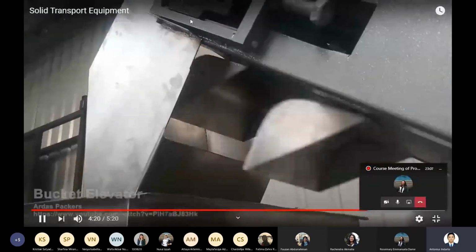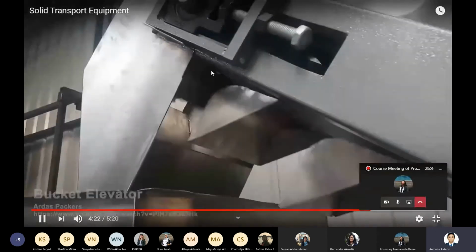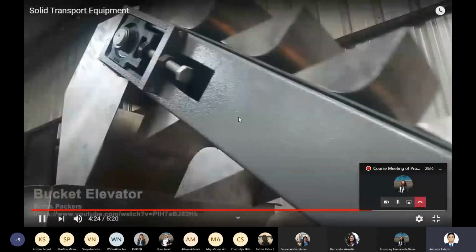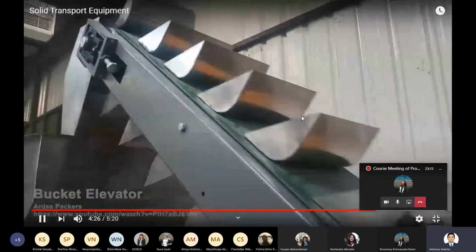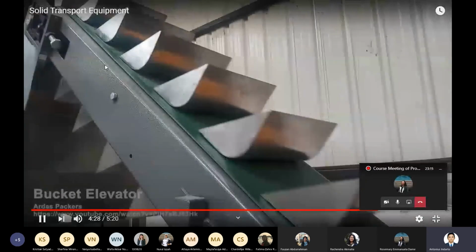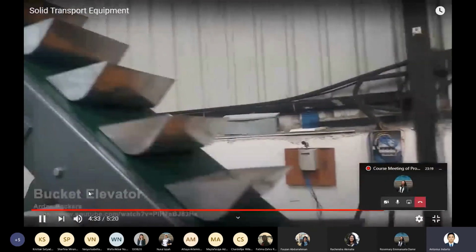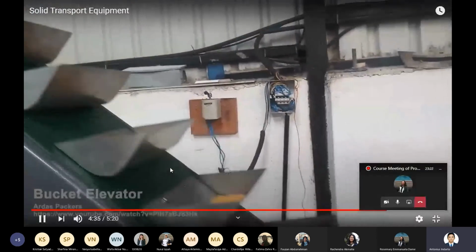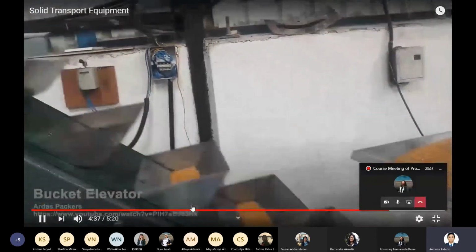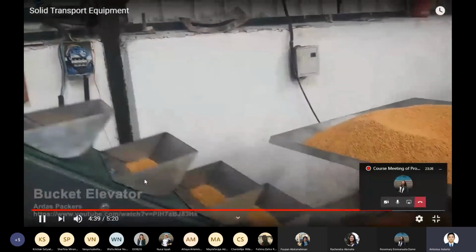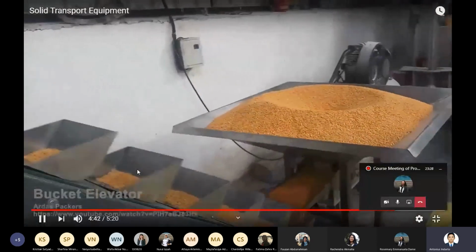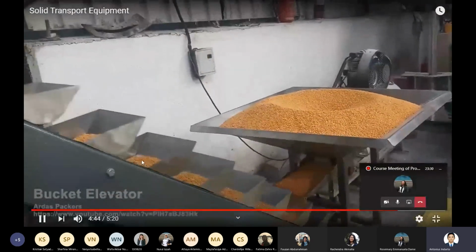At the top, it will have the opposite direction. This side is facing up, but at the back of this line, it will be facing down. So it will bring the solid particle of quite big size.